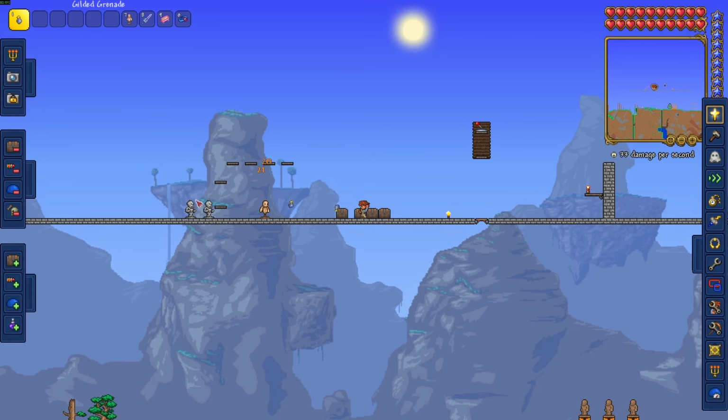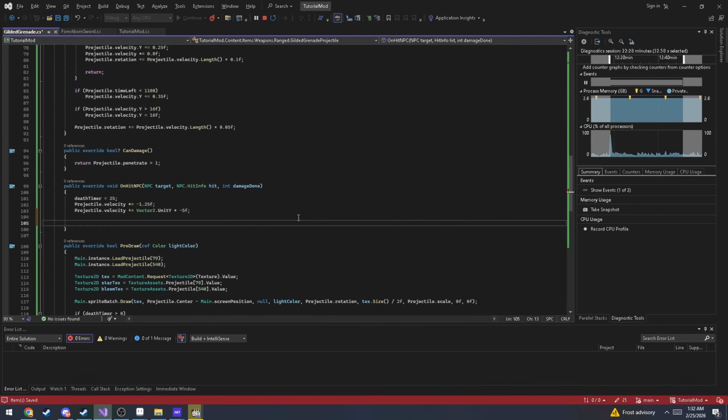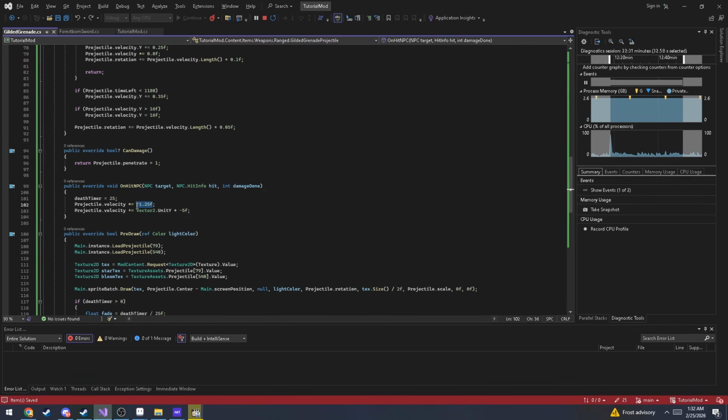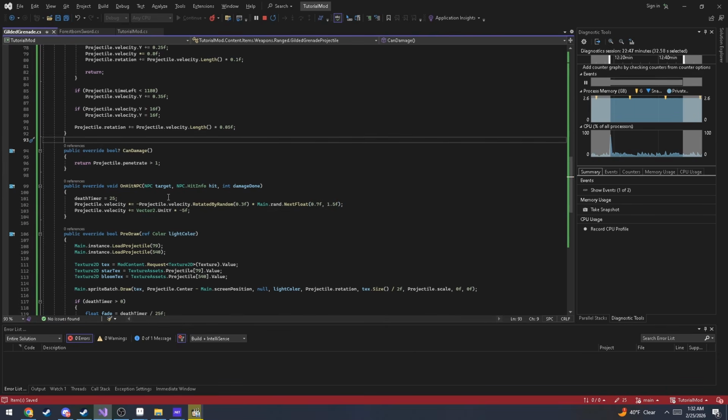Now I do want to add a bit of randomness whenever we hit off an enemy, so we're gonna do this. We're gonna do times equals negative projectile dot velocity dot rotated by random 0.3f times main dot random float 0.7f to 1.5f. Now what this does is it flips the velocity, rotates it by a random radian of 0.3f in this case, which radian is just rotation. It's basically you're going to go boom, boom in this cone, then it's going to have random velocity. So what that's going to look like in game